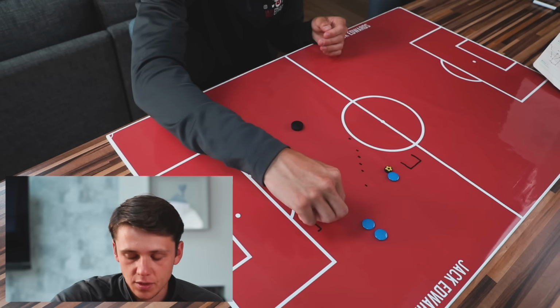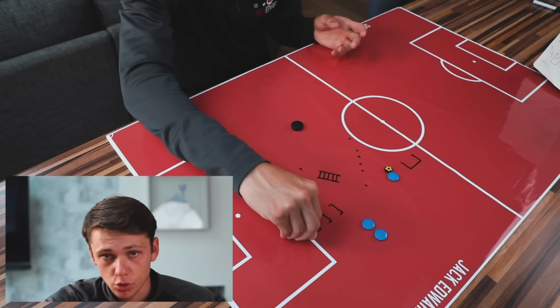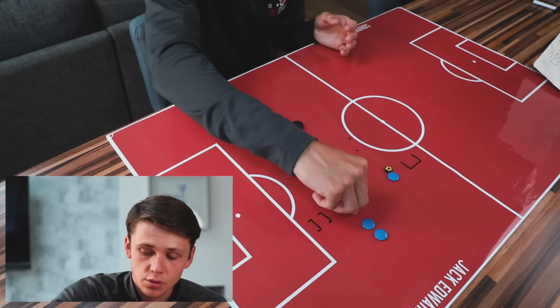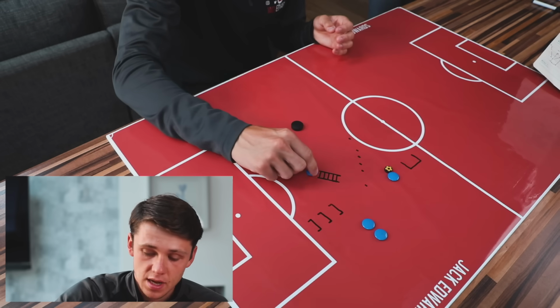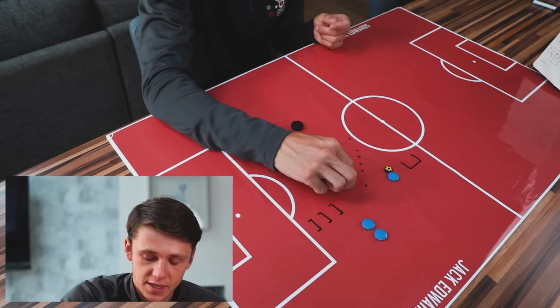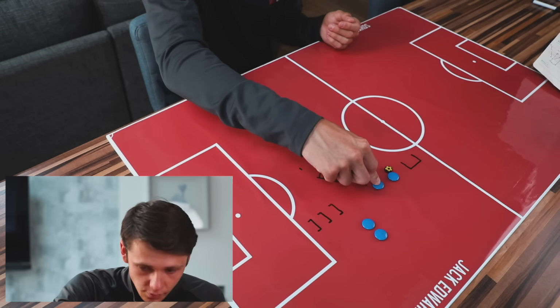So it would be leading with the outside foot. As soon as they get there, the outside foot comes down, the opposite foot comes up to then lead back across. As soon as they come out of the hurdles here, drive into space to turn, so they accelerate, and then we're focusing on our agility through the ladder, so nice fast feet, keeping the heels off the ground, pumping the arms,